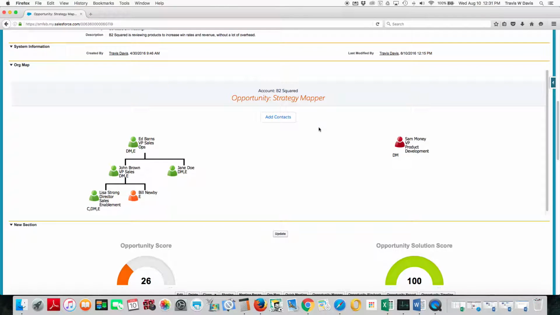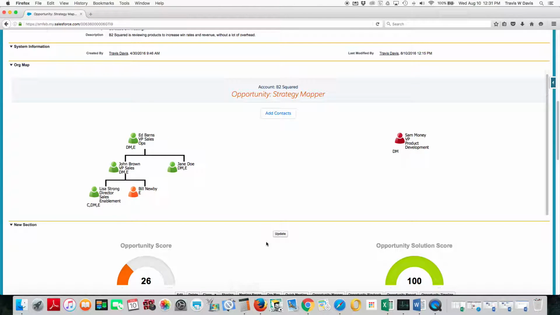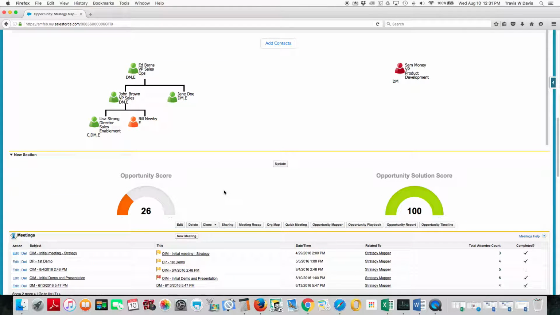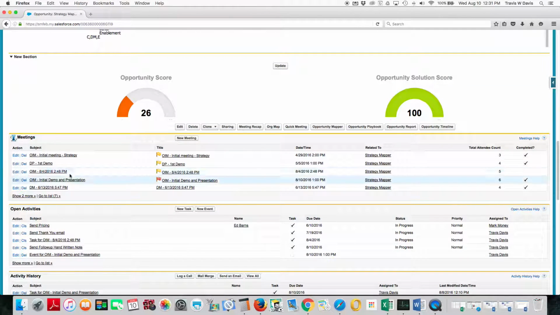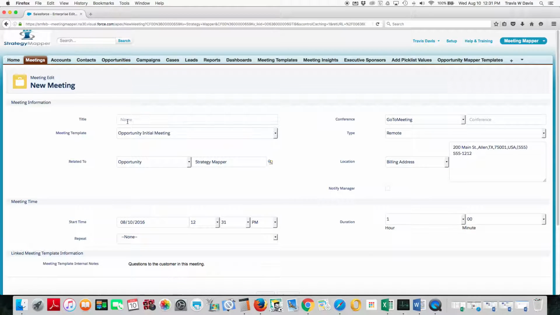I've also decided to display my org map here in my opportunity, and then I also have a section that has the opportunity score and the health of the opportunity based on the plan that I've created. And here I have my meeting related list, and I'm just going to click on New Meeting. This will take me into the new meeting interface, and I'm going to give this a name, and I'm going to say Follow Up